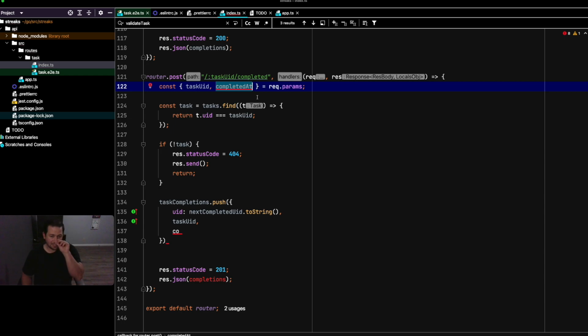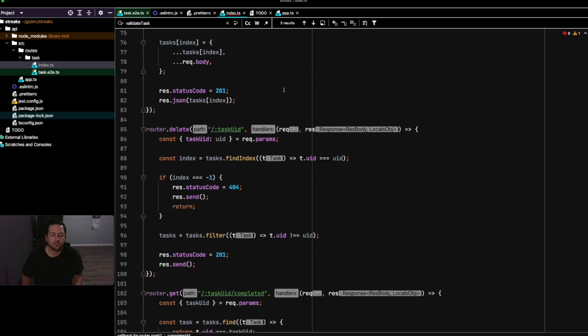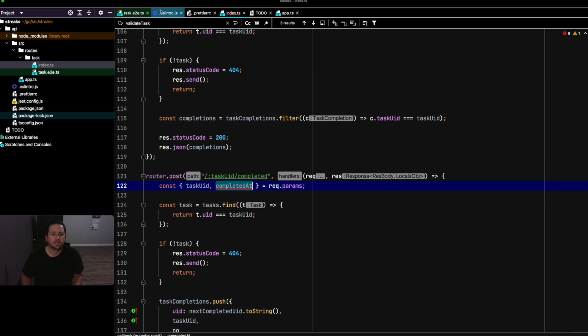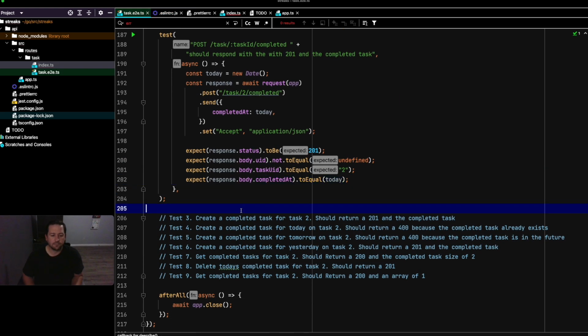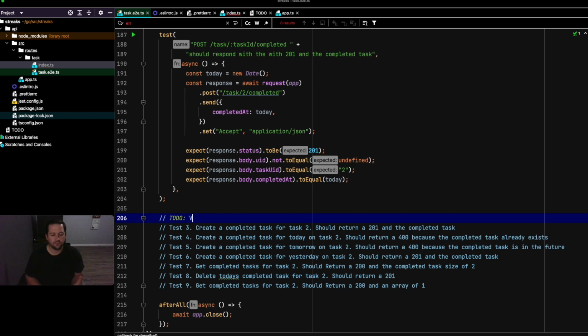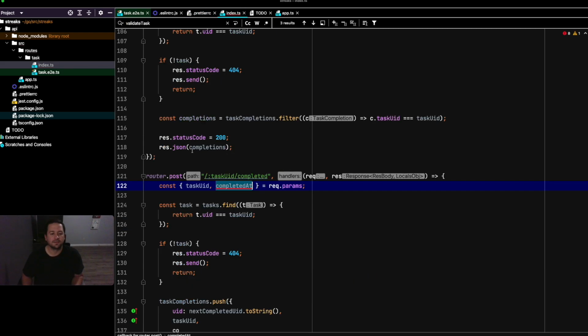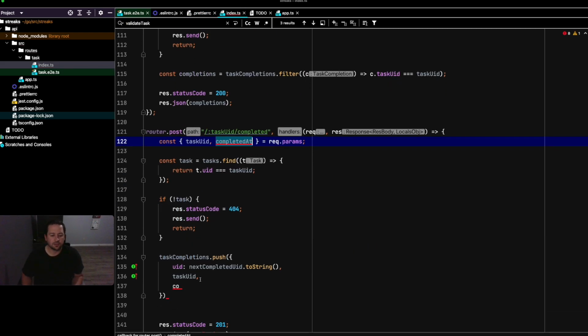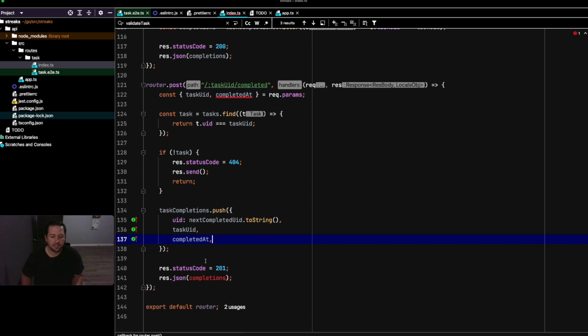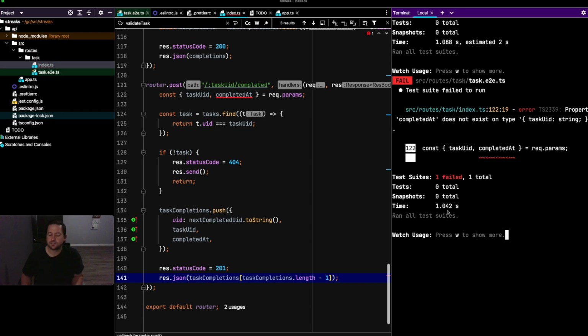We should be checking that this is required as well. I think we can actually make a little test. We'll add in a to do: validate completed at is being sent. So we'll add that in after. So we'll take our completed at and we're just going to simply return the completed, and we will return the one that was just created. There we go. And we should see our test